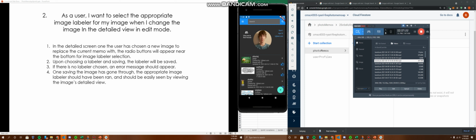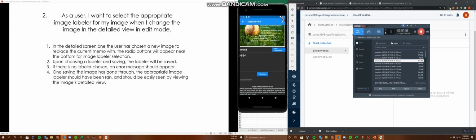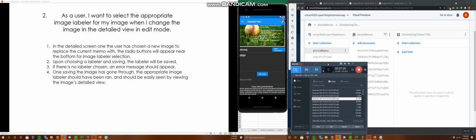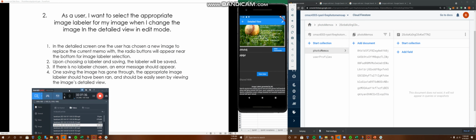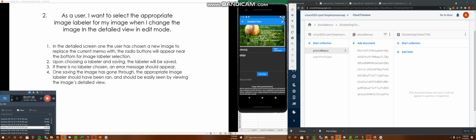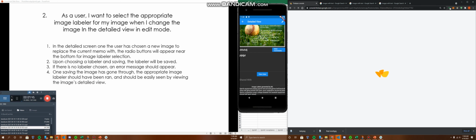Okay. So it does perform properly there, and it chooses a labeler and saves, and it does save the labeler. And whenever I say that it saves the labeler, as you can see there, I had to choose the regular image labels. So in Firebase,